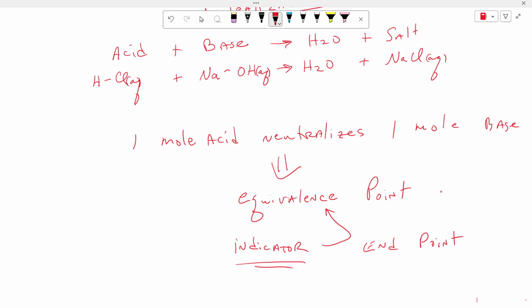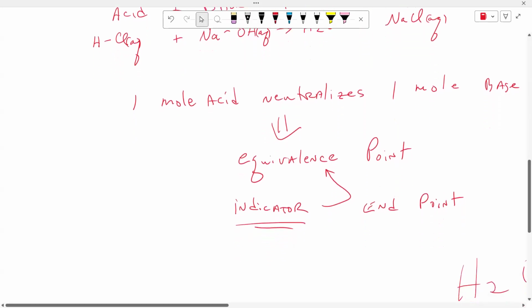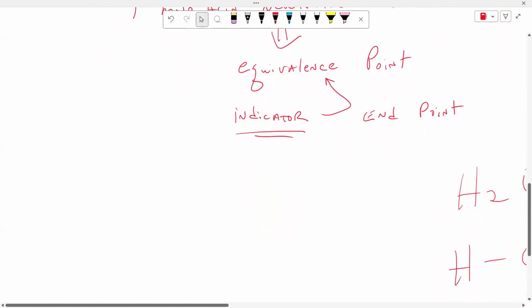Now you know how much base you used, you know the concentration of the base, you know how much volume of acid you have in there, and you know the concentration of the acid. So that's what we're going to do next week. So the first part of the lab is to determine our concentration of the base. So, for example,